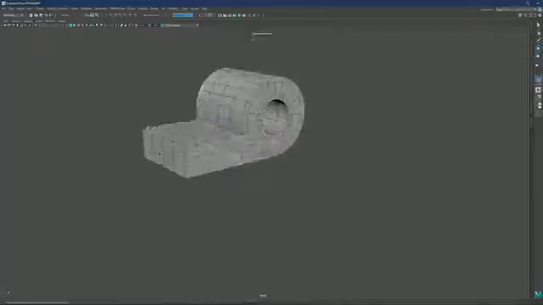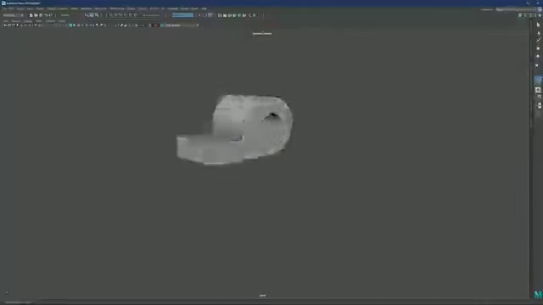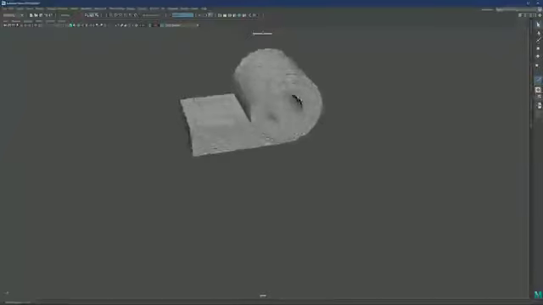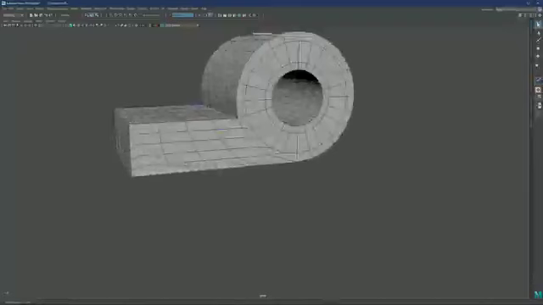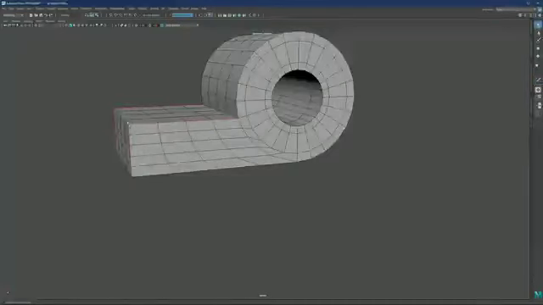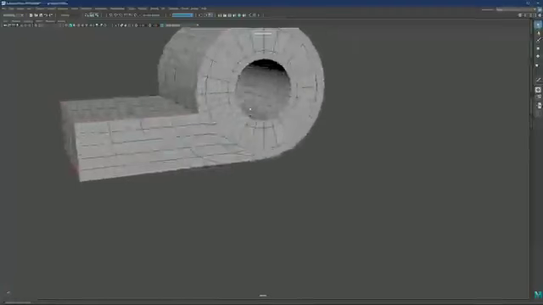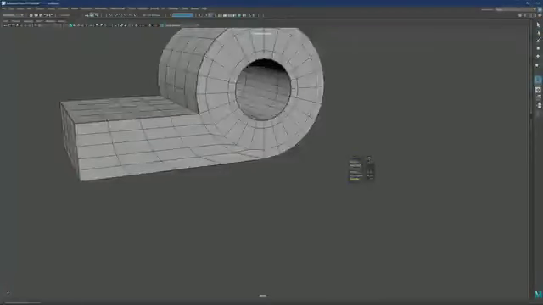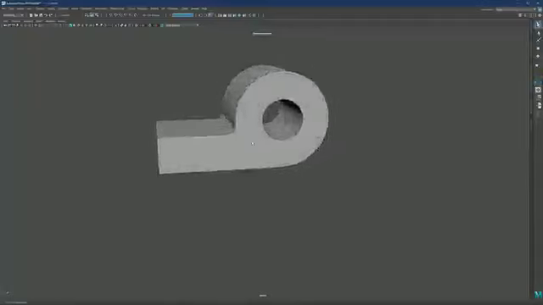All right, so now that we have this sorted all out, we can start thinking about adding more edges so that we even out the areas that are, again, still not evened out. So let's say that this will do. And now we can start thinking about adding supportive edges where we want them. So basically whatever we want to have a bit sharper, we'll add a supportive edge. So I'm just going to bevel this real quick. Like that. All right. So if I subdivide, this might be fine.